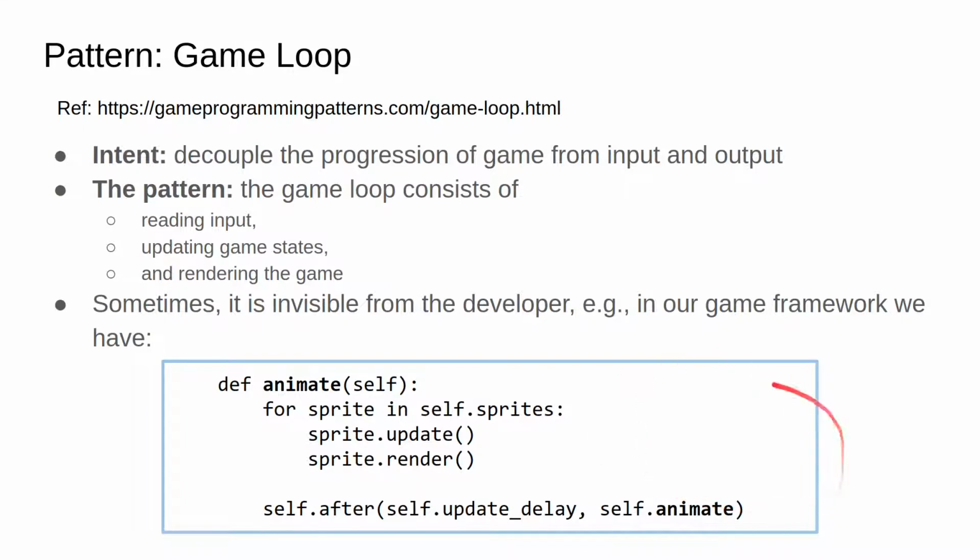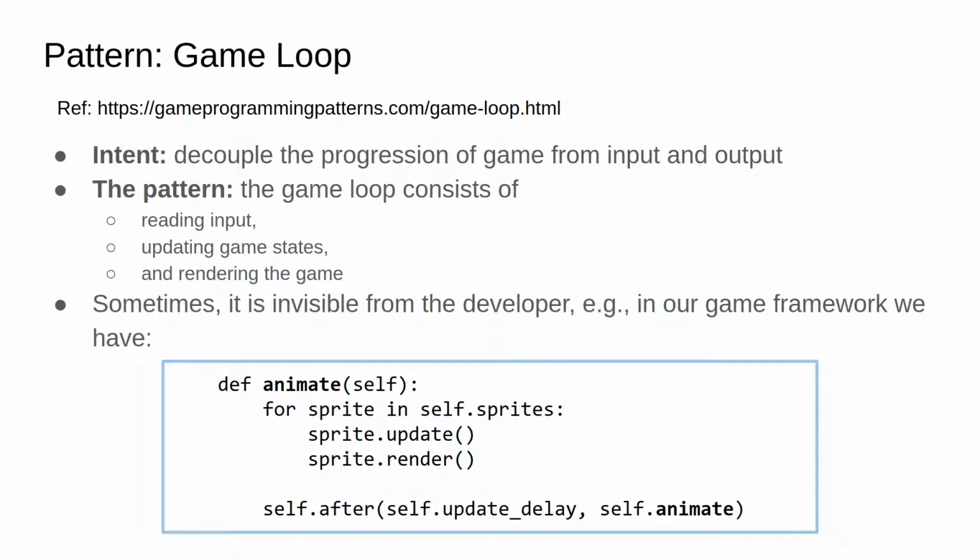So in a game you have this loop. It's the core of the game. This is called the game loop pattern. So we use that. Using this kind of pattern allows you to, when you look at a game, which usually consists of many objects with many different independent behaviors,